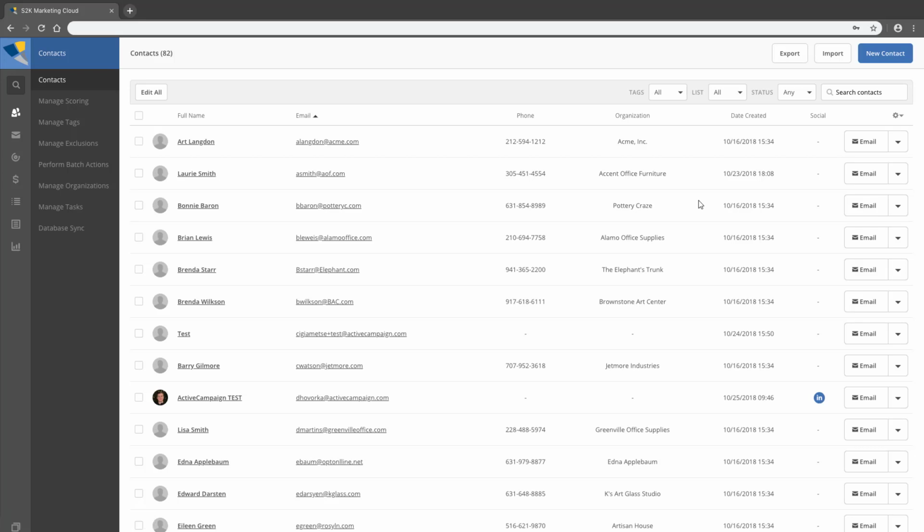So any type of emails can be done through Marketing Cloud. And the reason why you'd like to do that is that Marketing Cloud tracks if an email has been opened, if it's been clicked on, things like that. So the marketing tools really keep track of how well the customer is interacting with your marketing content that you